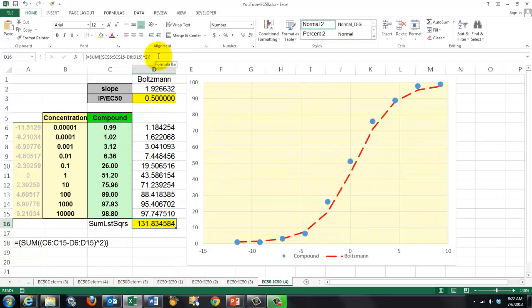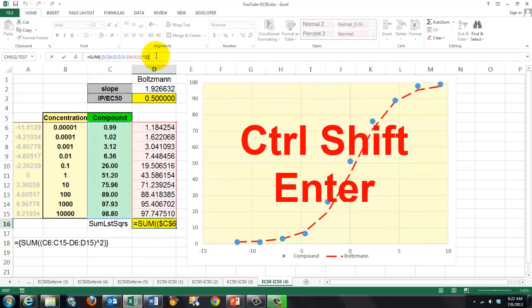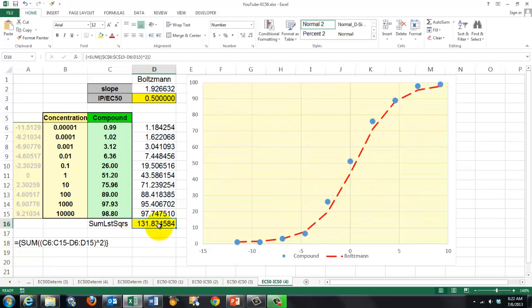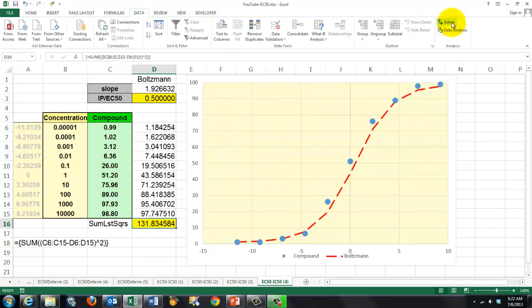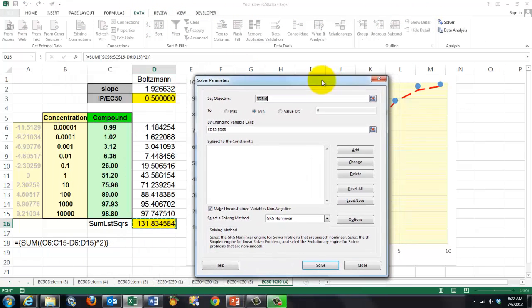So if you don't accept that formula correctly, you will get an error. I accepted it the normal way and I got a value error. Why? Because this is an array function. So I have to accept it like all array functions with Control-Shift-Enter. And then it gives me the right value. That sum of the least squares value should be as low as possible. So how can we make that as low as possible? By setting this to a minimum with the tool Solver. Solver is a great tool to do this kind of